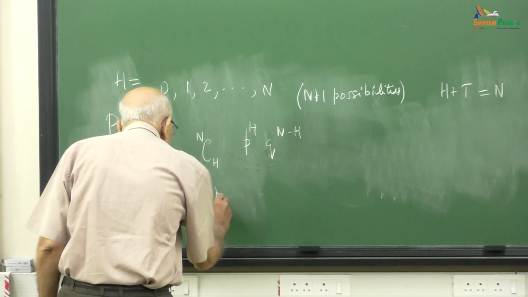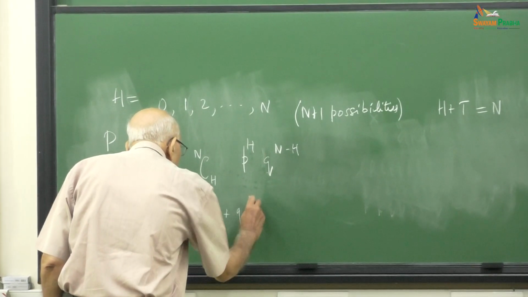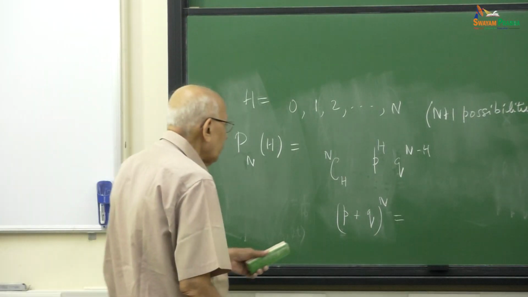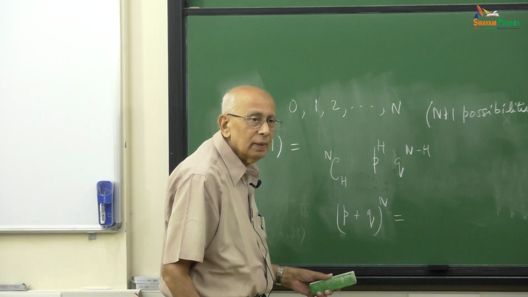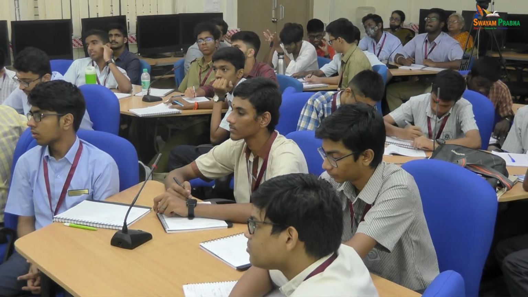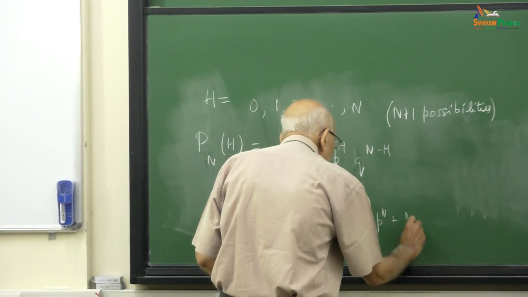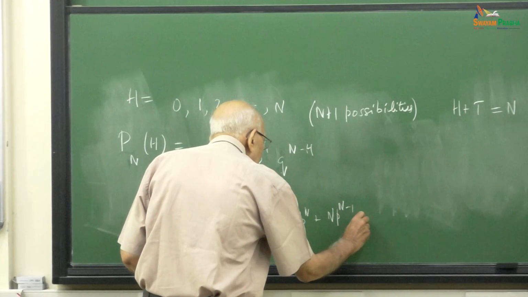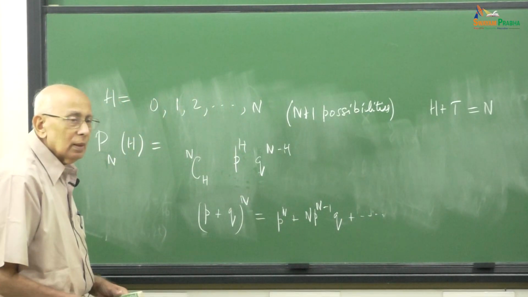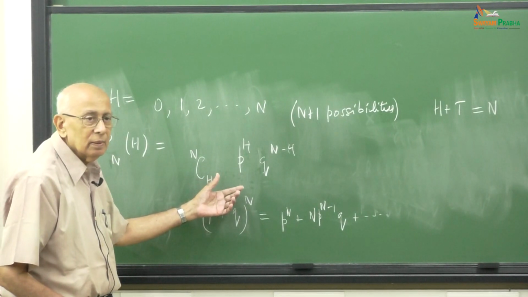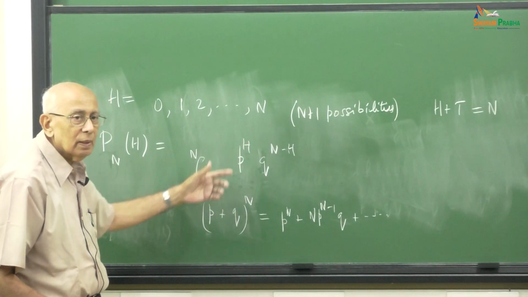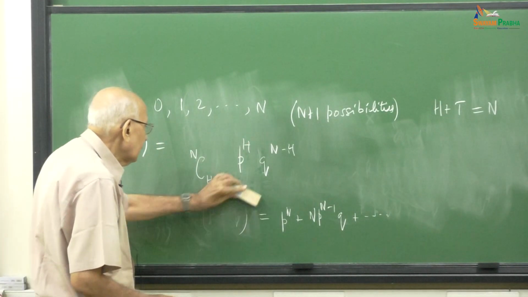If I take (p + q)^n and apply the binomial theorem, what is the expansion of (p + q)^n? nC0 p^n q^0, right. So there is the p^n, then n p^(n-1) q, plus dot dot dot. The general term in it is just this, where h runs from 0 to n. So if I do that,